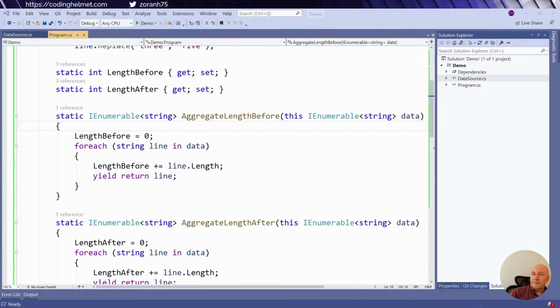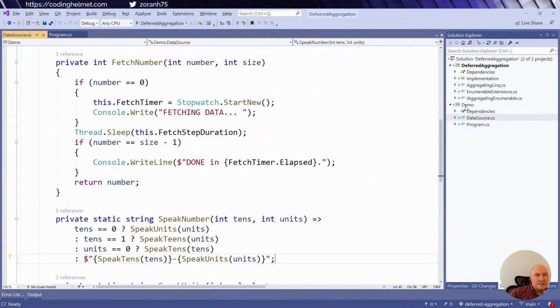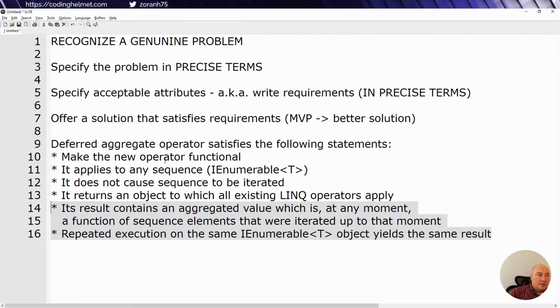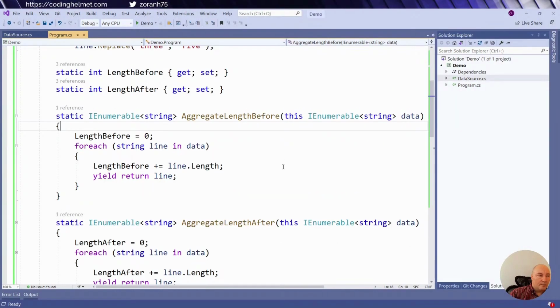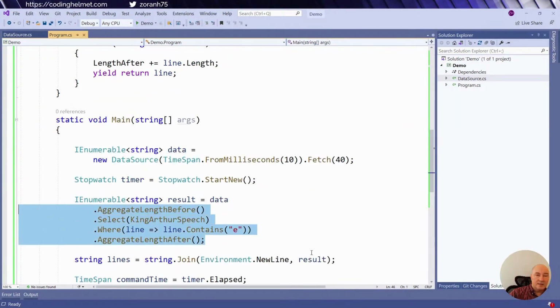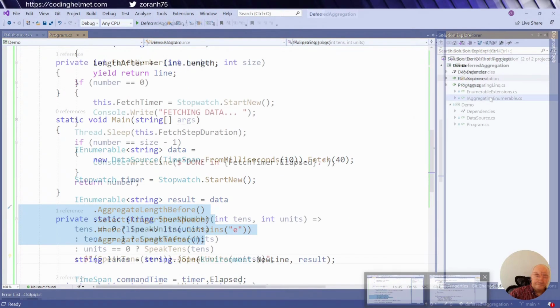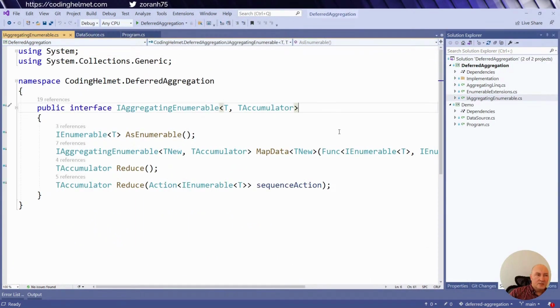I will show you very briefly what this deferred aggregation library, as I called it, looks like. You will notice that I was only satisfying these requirements one after another and doing nothing beyond these requirements, nothing. And I made the operator, which can be applied to solve this genuine problem, the same way as it was applied here. The key element in solving this is